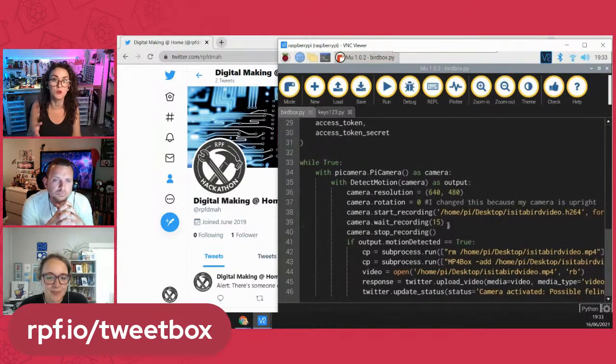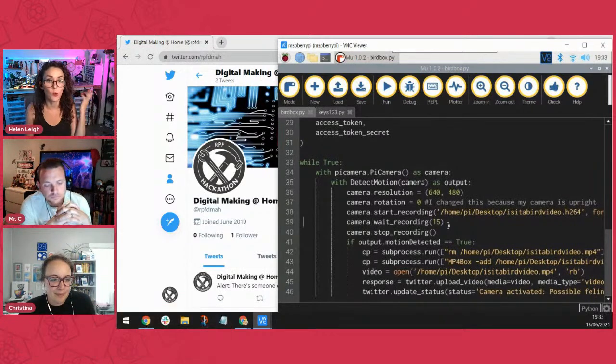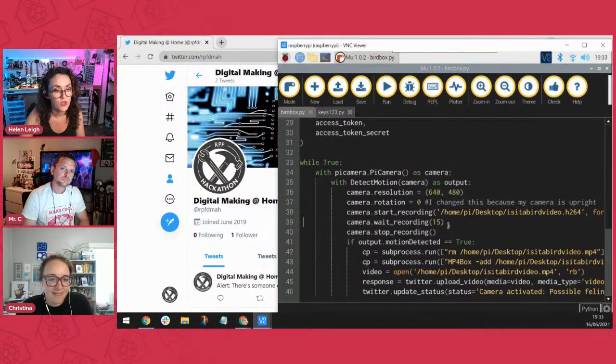Okay, so if there's been motion detected, it will send that 15-second snippet to Twitter. I played with a few different ways of doing that, and I find this was the most elegant way of doing it, this wait recording. So start recording, wait recording, stop recording. So you've got that 15-second clip, and if it's not triggered,